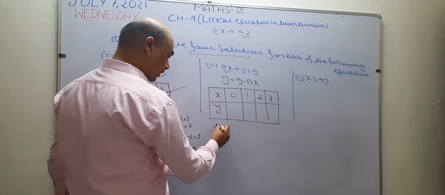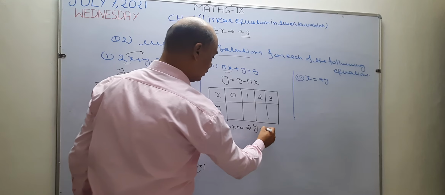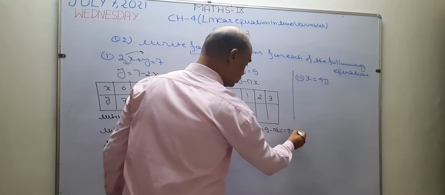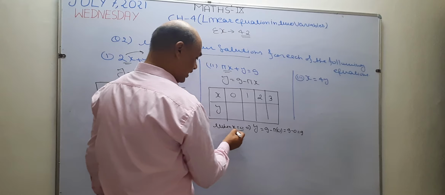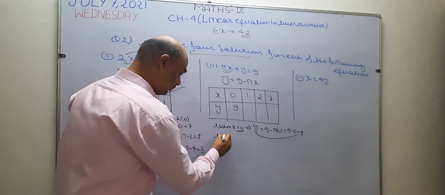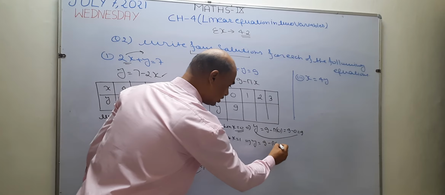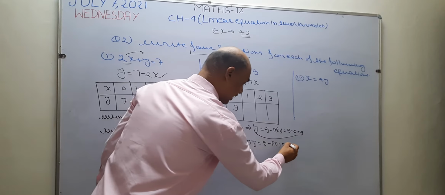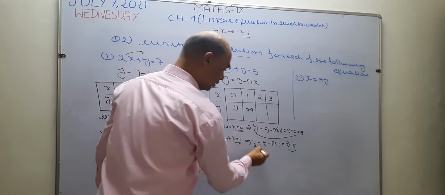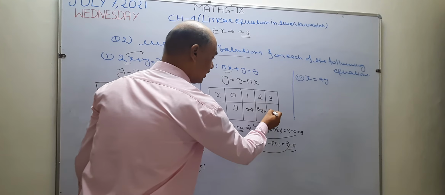So right here, when x equals 0, this implies the given equation, instead of x I write 0. As you know, 0 into something is 0. So 9 minus 0 is 9. So when x equals 0, y becomes 9. So I write here 9. Okay. Next time, take x equal to 1. When we take x equal to 1, so this x becomes 1. So pi into 1 is pi. So this is going to represent 9 minus pi. So write here 9 minus pi. When x equals 1, y becomes 9 minus pi. Similarly, this becomes 9 minus 2 pi and this becomes 9 minus 3 pi.